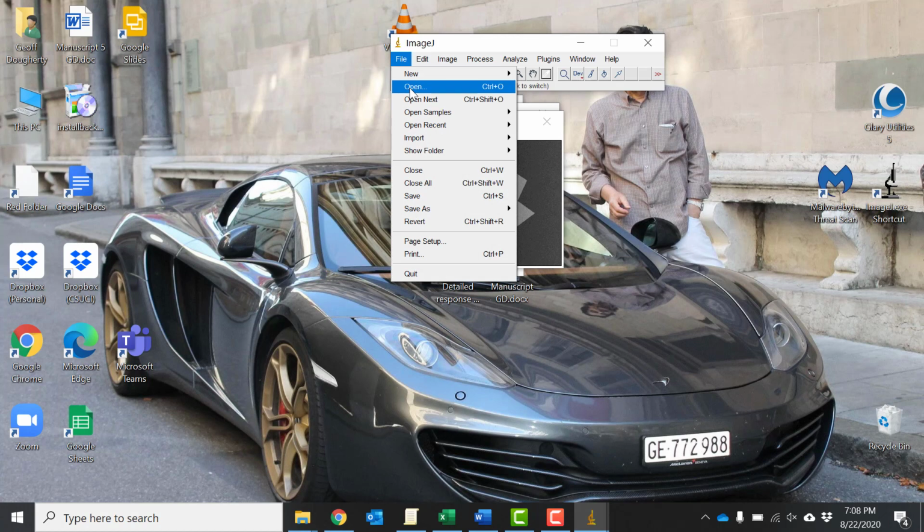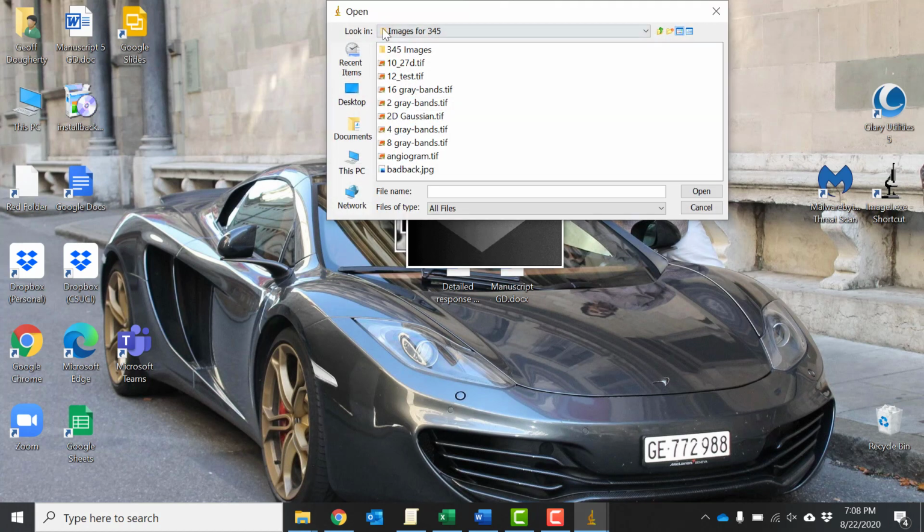So they should be in File, Open, and you look in. If you're not pointed to Images for 345, then you need to point to them. They're in ImageJ, Images for 345. Inside that, there's another directory which you'll find on Canvas files called 345 images, and we can click on that and get this set of images here,